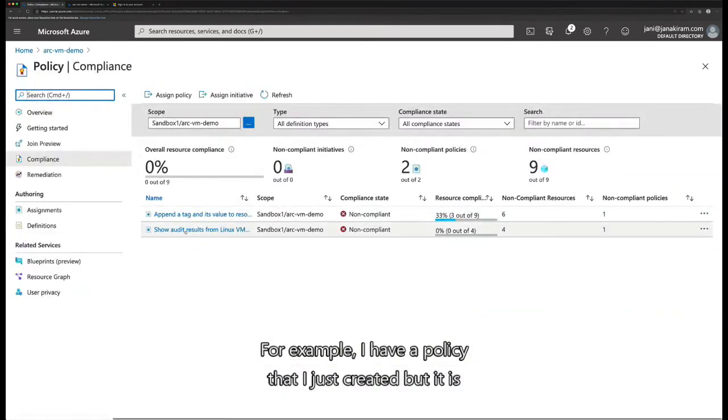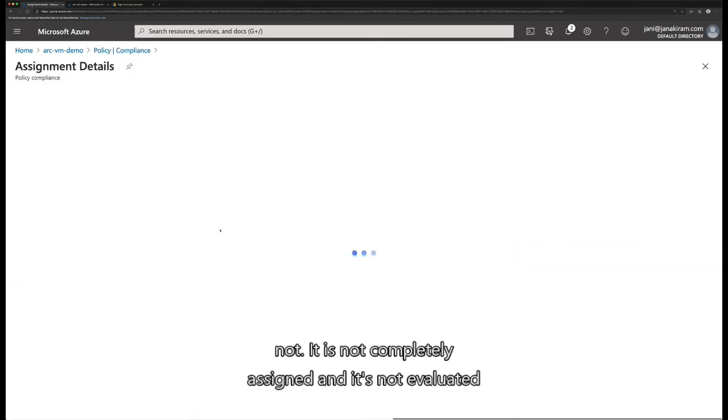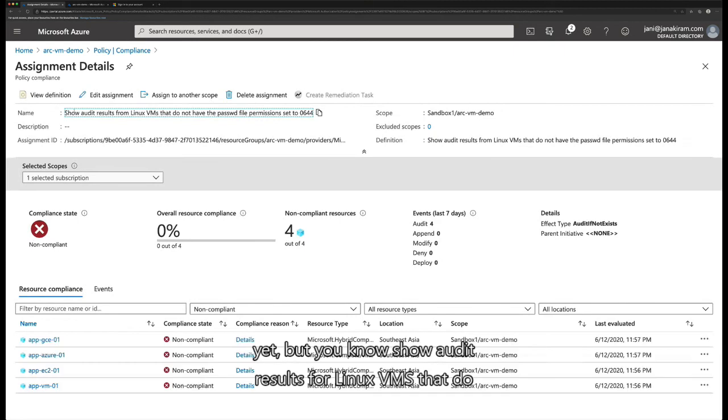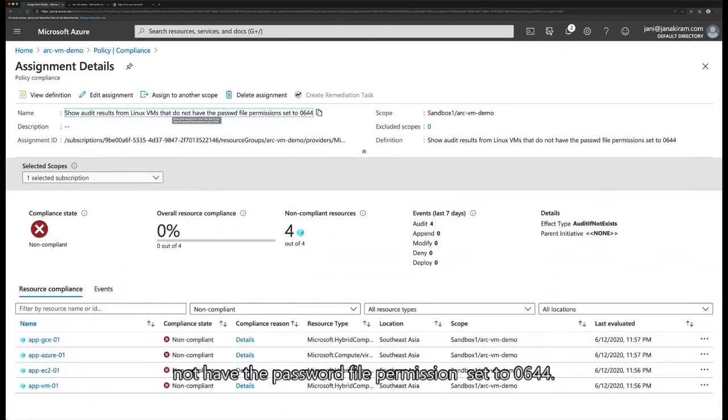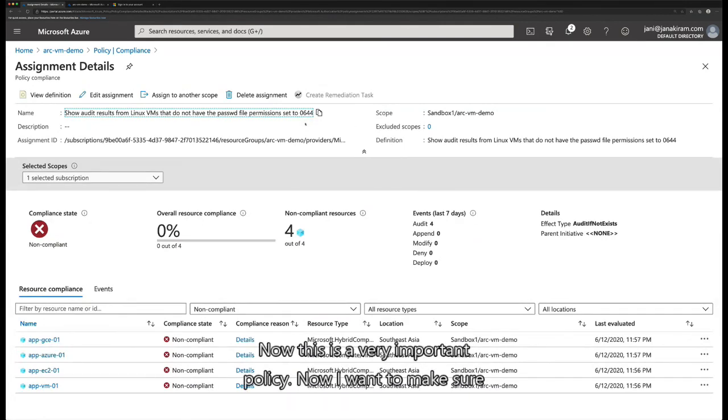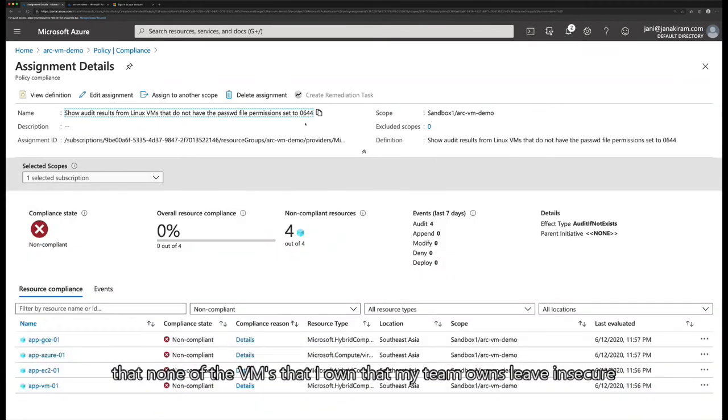For example, I have a policy that I just created, but it is not completely assigned and it's not evaluated yet. But show audit results for Linux VMs that do not have the password file permission set to 0644. Now this is a very important policy. I want to make sure that none of the VMs that I own, that my team owns, leave an insecure passwd file in /etc. So I can actually have this as an audit and run it pretty much on every VM that is registered